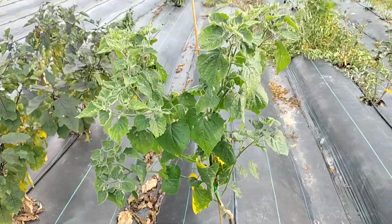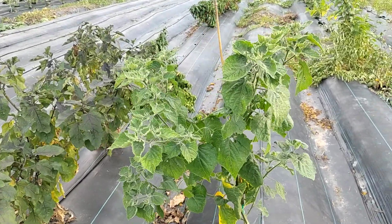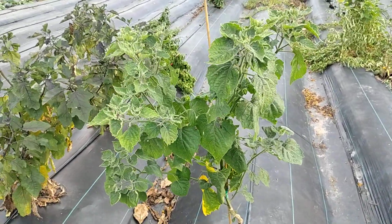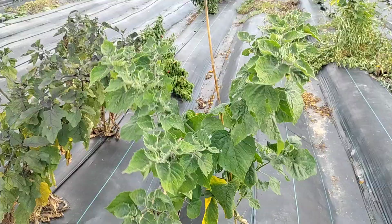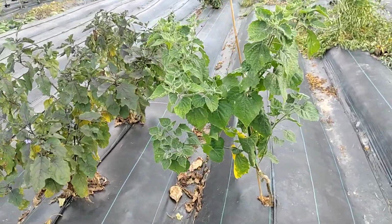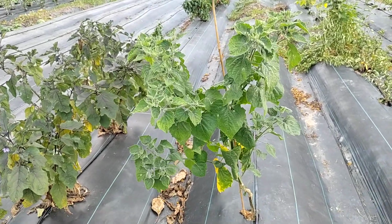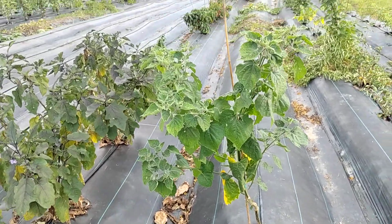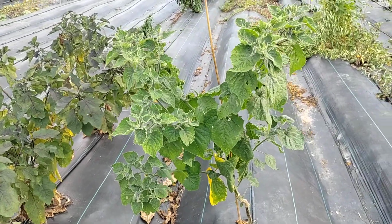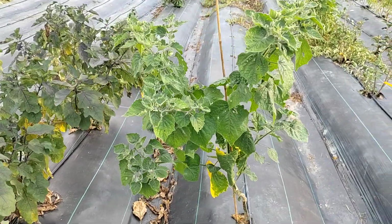And then from there, by grafting that locally adapted strain, we will have a superior plant that may actually have some commercial potential here in North Carolina. Maybe we won't get that far, but if I can at least improve on this plant and make it more growable for more people, that would be awesome, because I've heard a lot online about people struggling with these plants. The bugs always get to their fruit first. They don't do well in the hot summer. Those are really big issues in a lot of areas. So if we could fix most of that at least, we can make this plant a lot more viable in